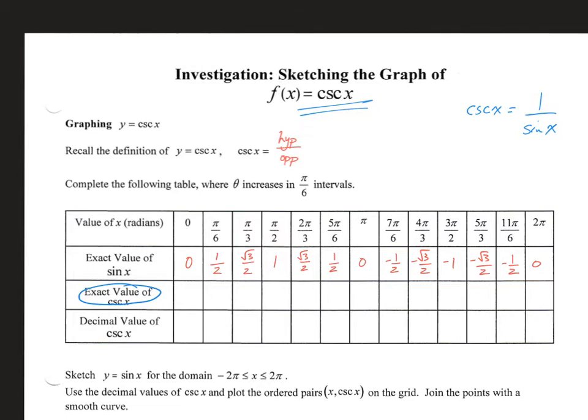For us to go through, we would see that the reciprocal of 0 would be 1 over 0, and we know that's going to cause a problem. When I calculate 1 divided by 0, I get an undefined value. I'm just going to put a little slash there, just as we did when we introduced our tan curve. We know it's undefined. If we work through, the reciprocal of 1/2 is 2, the reciprocal of root 3 over 2 is 2 over root 3, the reciprocal of 1 is 1, and so on and so on. As we find the reciprocal of each one of those values,